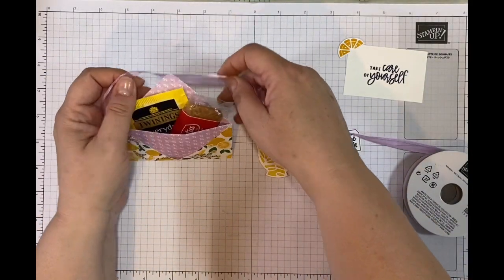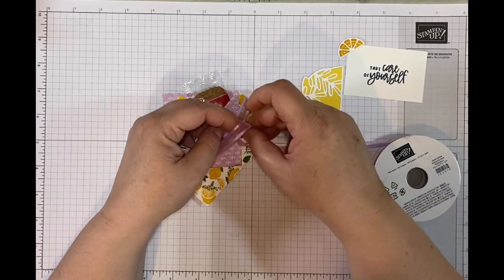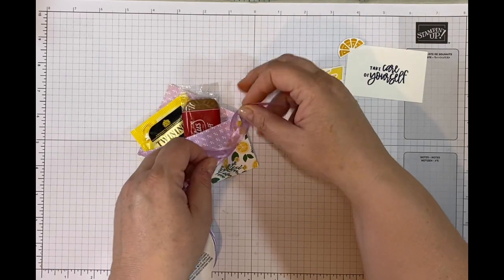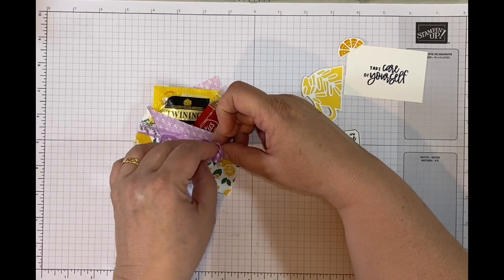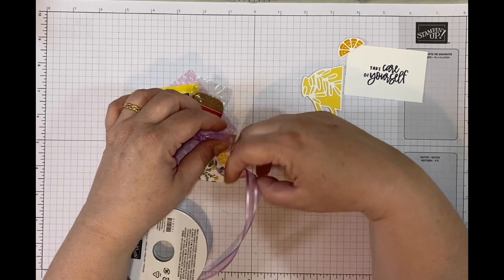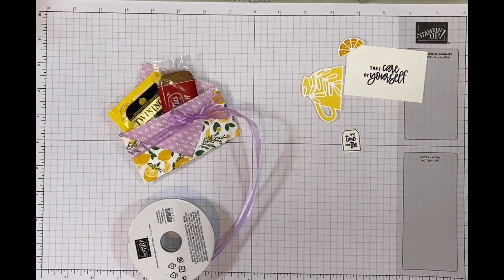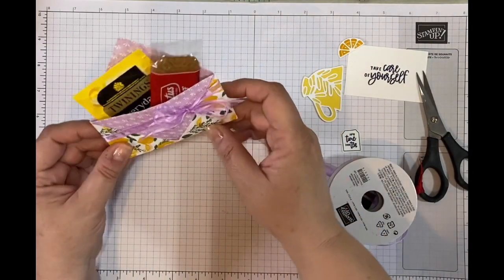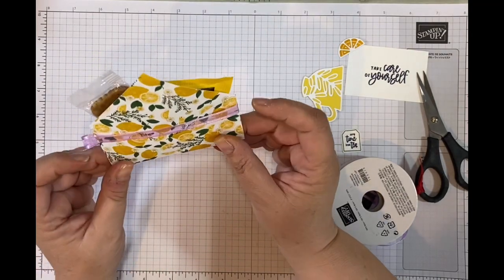And I'm going to tie that around here and try and tie a cute bow. Once I've done that, then I'll stick my bits on the back. So I'll just do that there, like that, and I'll do my nice little bow around here, like that. There we go. And there you go. And then I'm gonna just pull that, and I will do a tiny bit of trimming with my paper snips, just to trim off that like that. And then I've got my cute little bow, so I'm going to move that along to the side a little bit so it just comes off the treat,